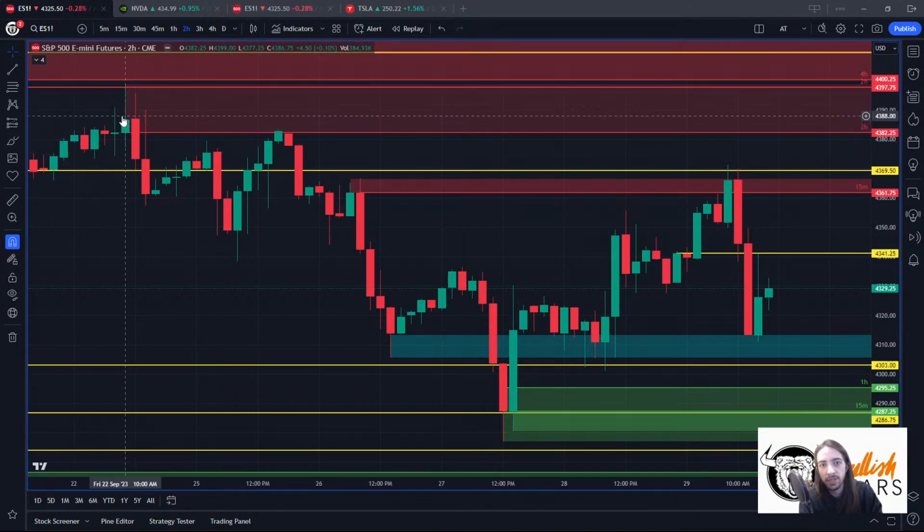So again, we have this 2 hour zone. We retest it right here. We get a nice strong sell-off with some continuation. So this zone is still valid because there's still a bunch of unfilled sell orders in this area right up here. So a trade plan I might look out for this coming week is a short off this 438225 zone,